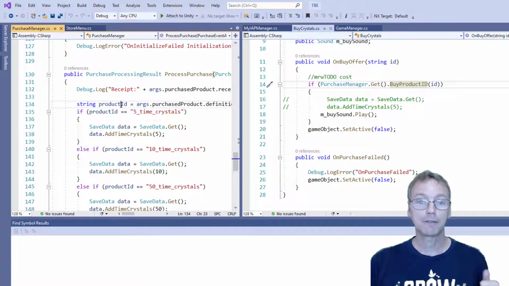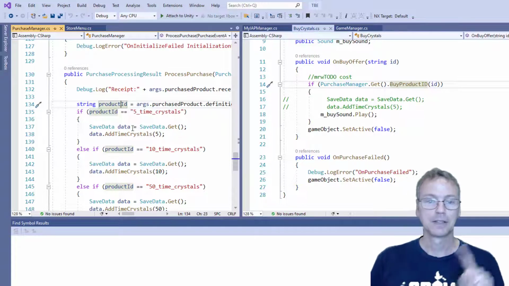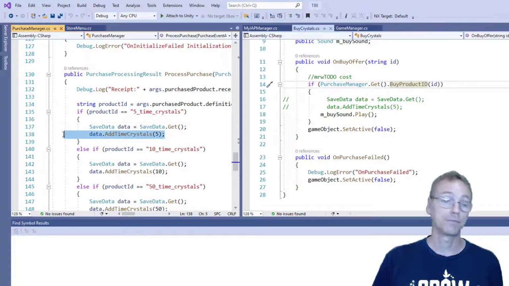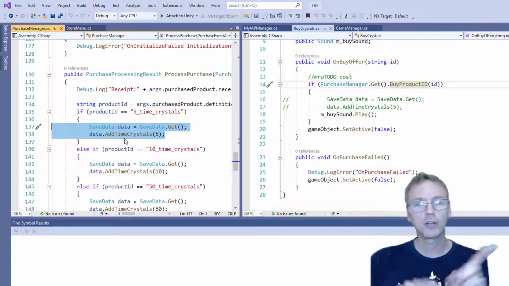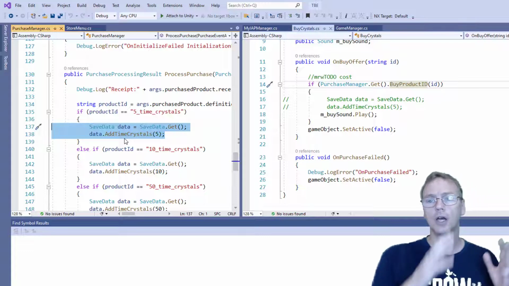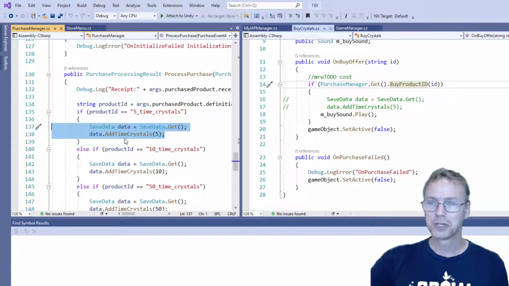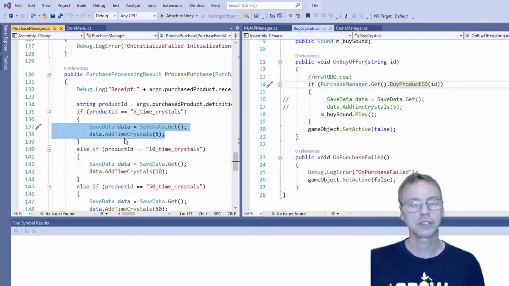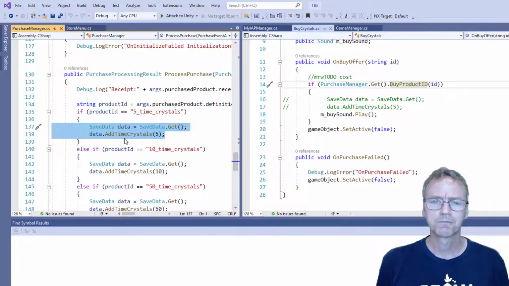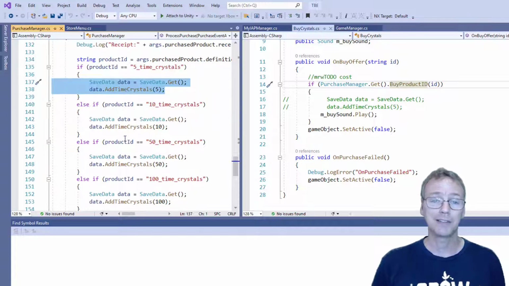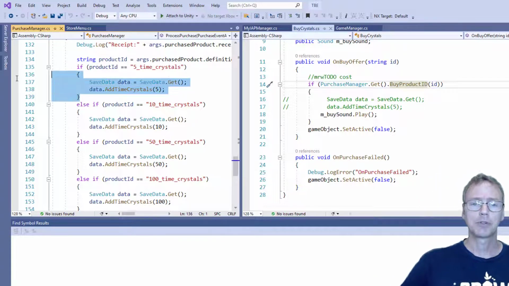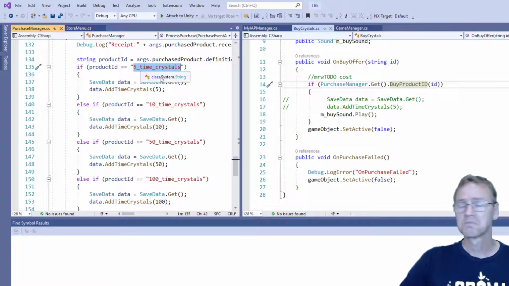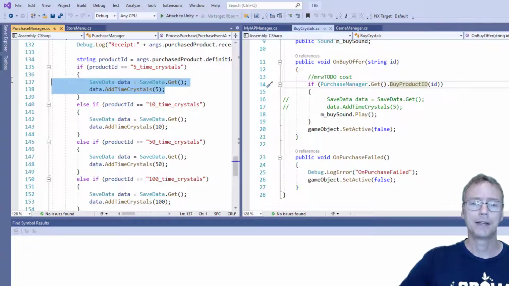So if the purchase does succeed, it'll come over here. And so the simplest thing, you could set up maybe a callback to invoke back up to this buy crystals game object to tell the game object that the purchase succeeded. But that's kind of complicated when all I need to do is this. So I'm just going to go ahead and grant. I'm going to recognize the ID by name, just hard-coded that in there,